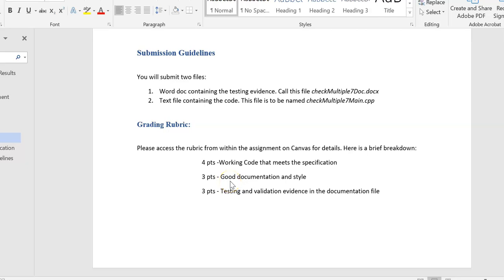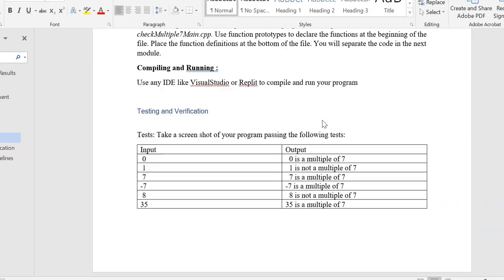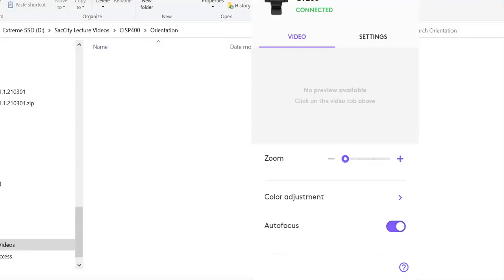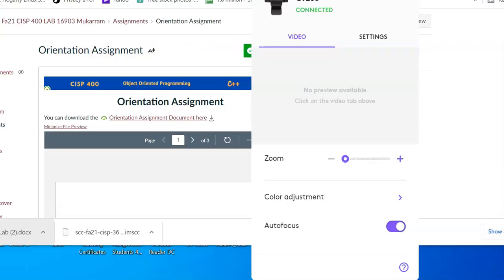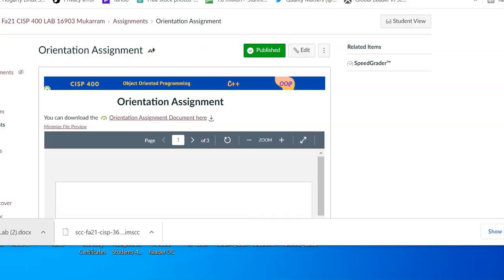If you look into your modules, you will find a small little video which shows you where to access the rubrics on your assignment. And 4 points will be given for working code that meets the specifications, 3 points for good documentation style, and 3 points if you include the testing evidence and validation evidence. So all of these three items together will help you get your full points. So here are the submission guidelines. And now I'd just like to switch over to the Replit document,